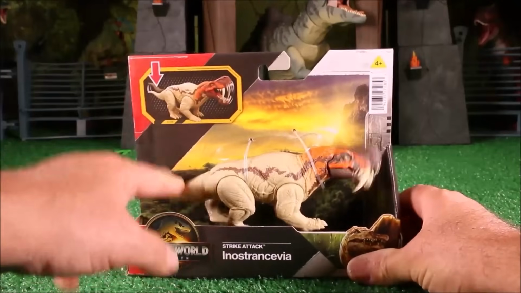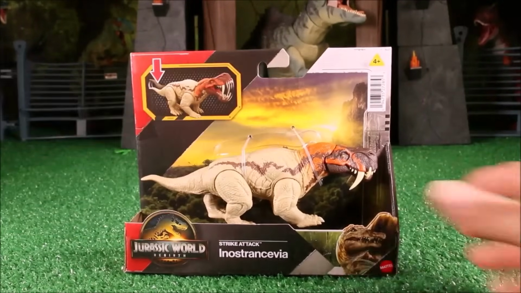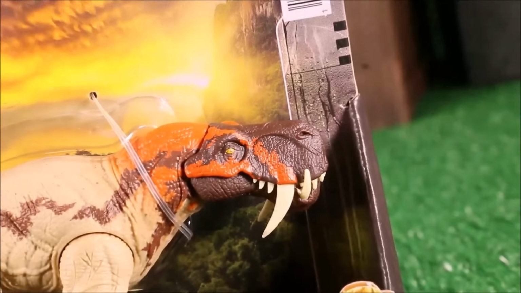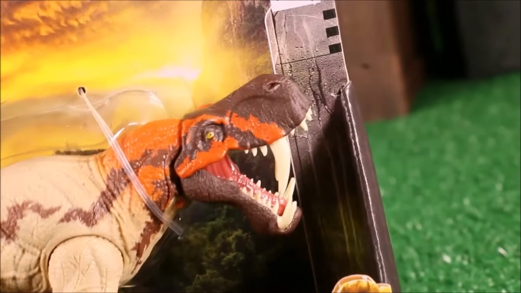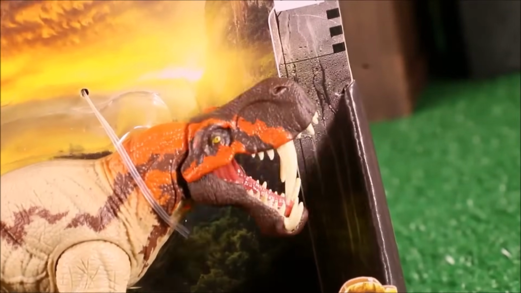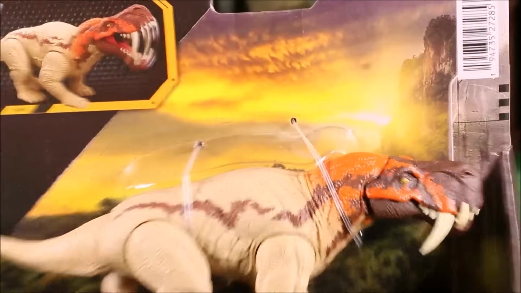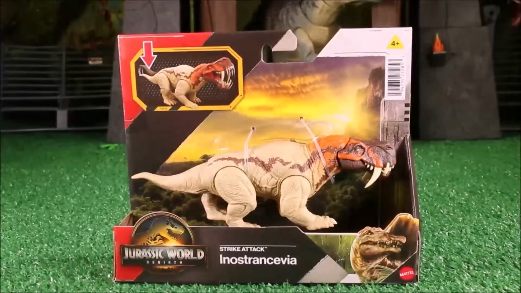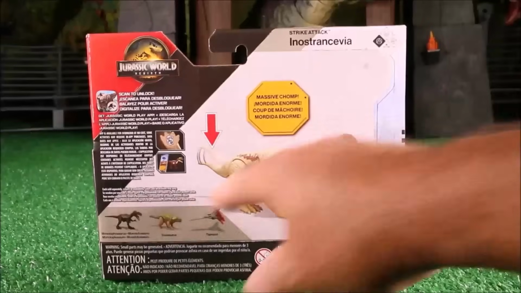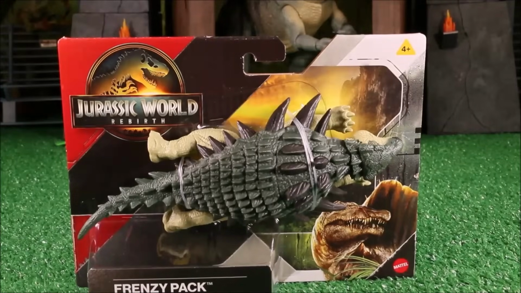Okay, one of our most unusual ones is the Strike Attack Strenusavia. So this has the chomping action. Looks like a mix between a dino and a walrus. Check out that walrus looking head. It has massive biting action, or a saber-toothed tiger. Maybe a blend between walrus, saber-toothed tiger, and a dino. So it says massive chomp, and there's the other three you can buy. And then we got the Frenzy Pack